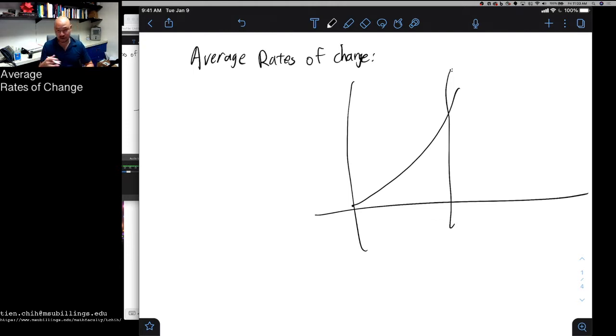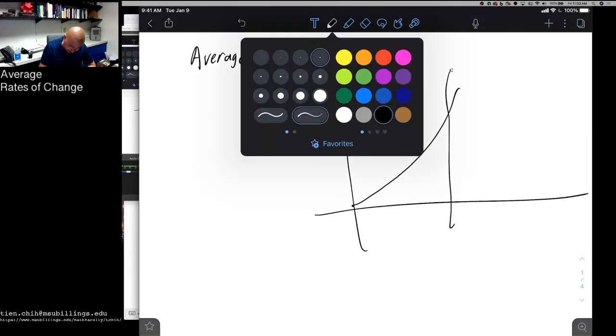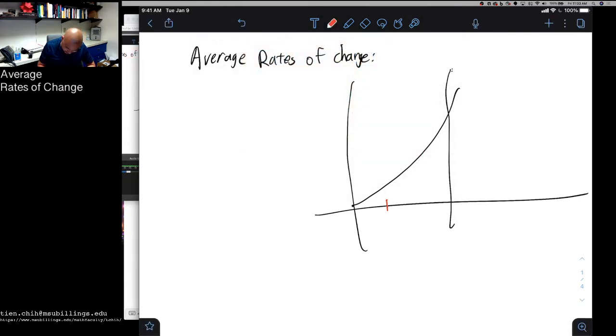So if you have some function, and here I have a sort of parabolic thing, and you want to know, for example, between this point A and this point B, let's call this function f of x, what the average rate of change was of this function. Well, what you want to do is take a look at how high it is at A, how high it is at B, and then how much did it change. So this would be like delta f of x. This over here is delta x,